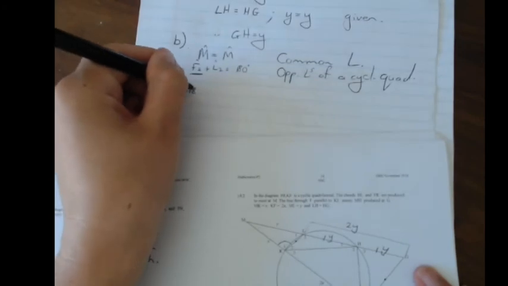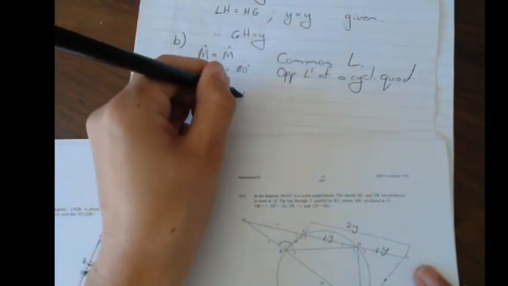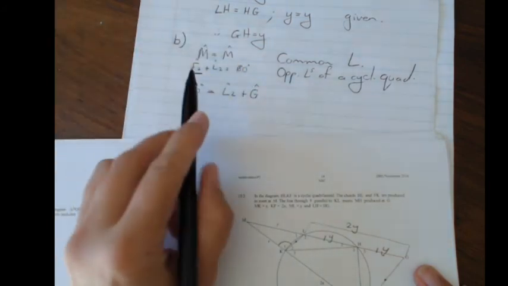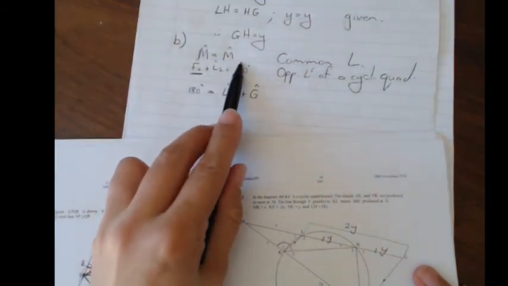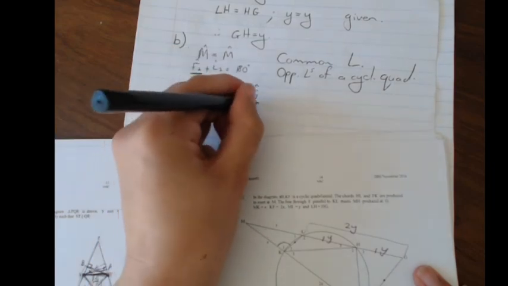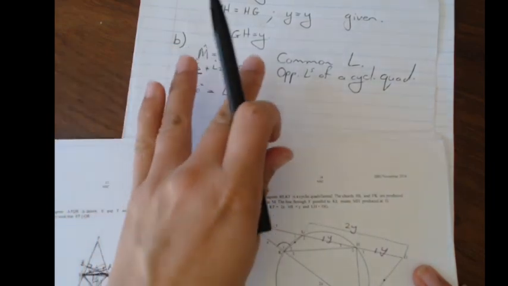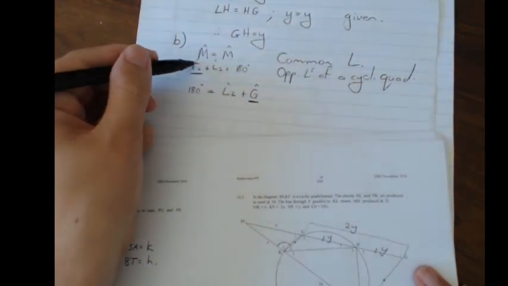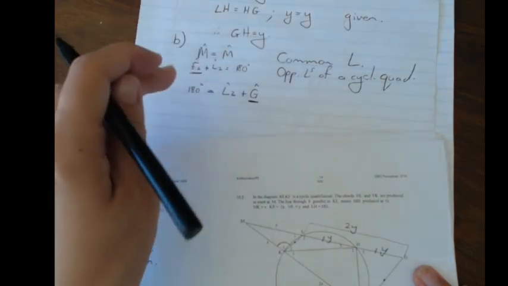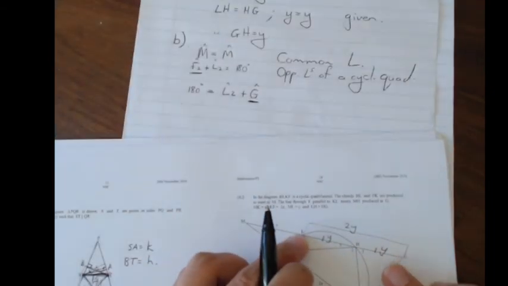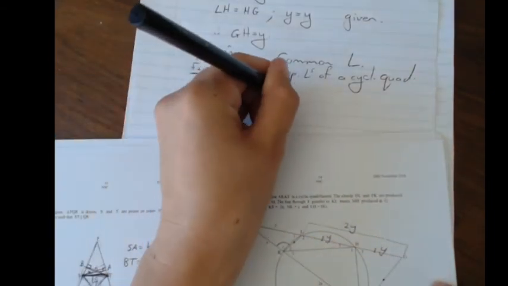I'm going to write it like this: 180 is equal to L2 plus G. You see the L2 and the 180 are the same, and the G. I just swapped them so that I can clearly have it, I'll show you now. So then L2 and G is 180 because of co-interior angles,